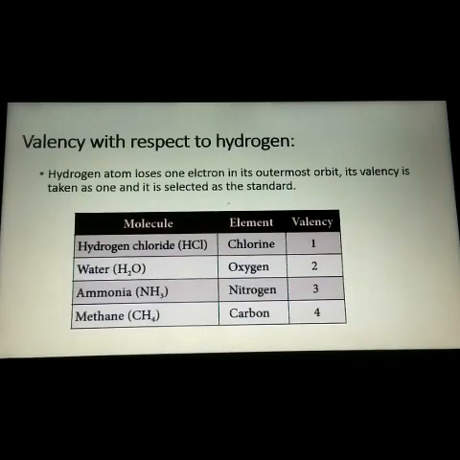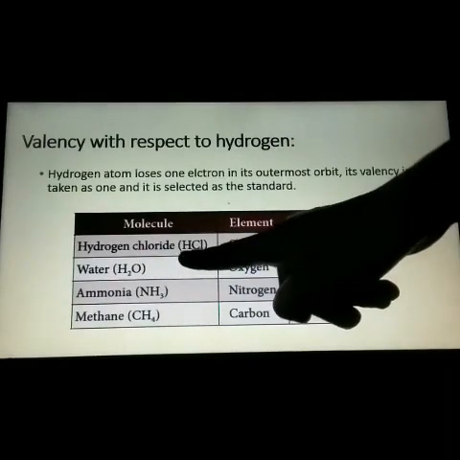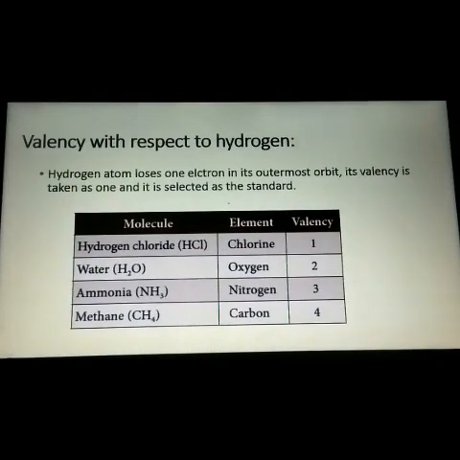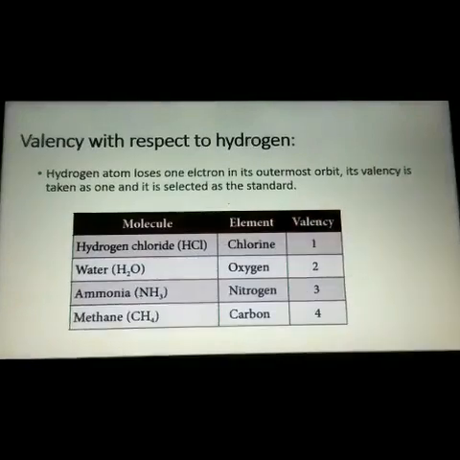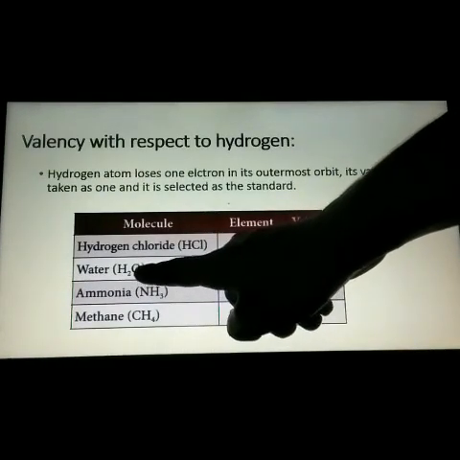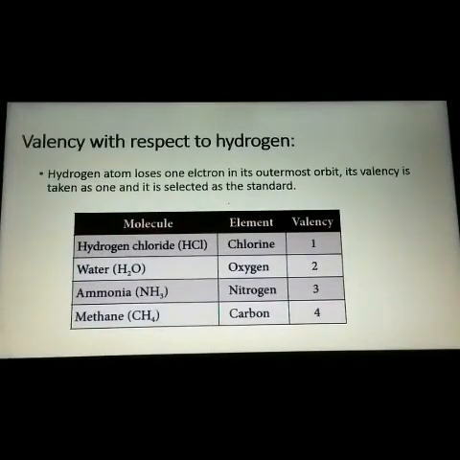do have the valency as 1, because in the formula you will be able to see here H and Cl. So in this one you will be having only one electron, or you may be able to see here 1 and 1 only. So the valency for chlorine will be 1 in this case. If you say for the water molecule, what is the molecular formula for water? H2O. So when you cross multiply, 2 will come over here, and hence the valency for oxygen for the water molecule will be 2.